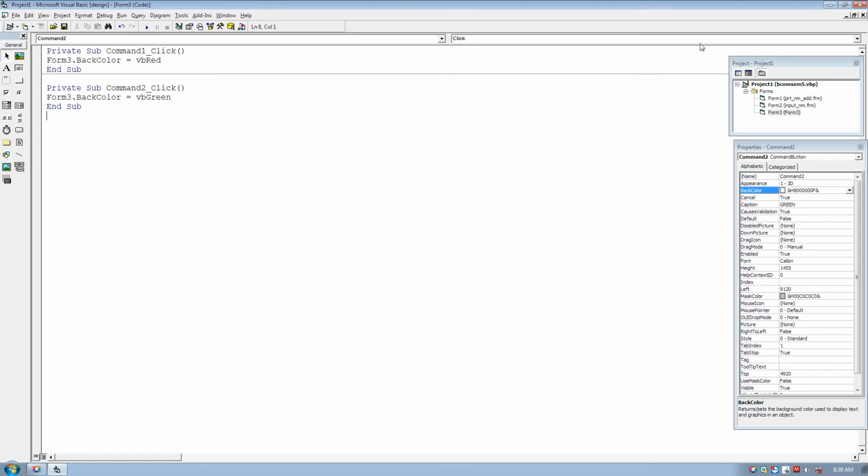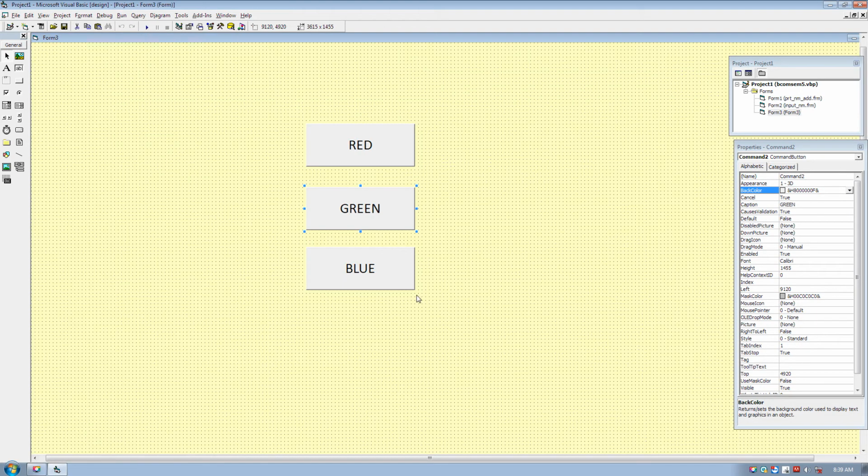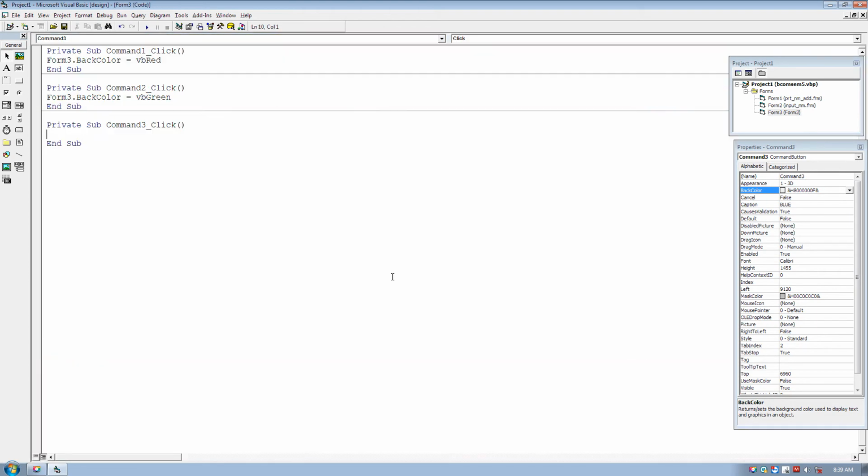Okay. Blue. Form 3 dot back color is equal to vbBlue. So basically there are 7 to 8 colors: red, green, blue, yellow, cyan, magenta. Basic colors are there.